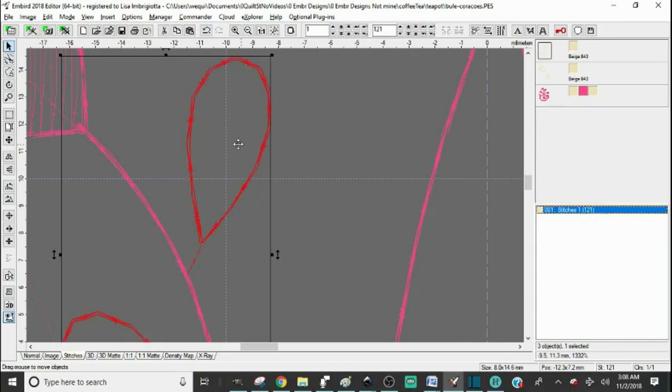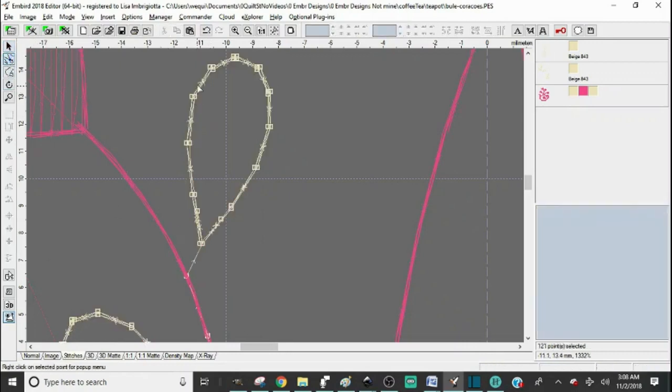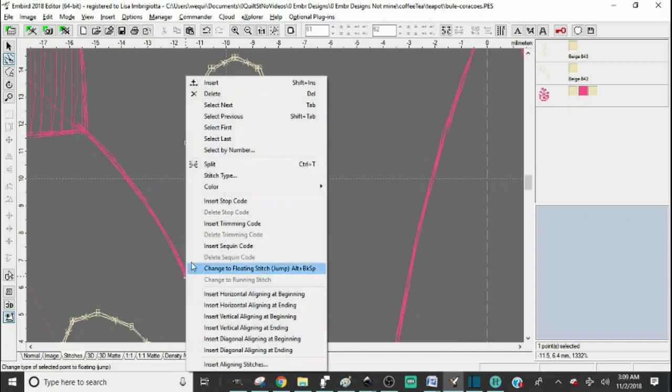When the item is selected, and I go to points editing mode, only those are selected. So even if I click outside, those are the only ones that are going to move. So I could click this stitch point right here, and I could right click and I could split it right there